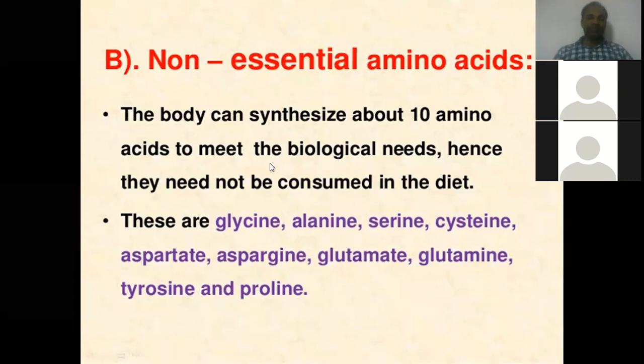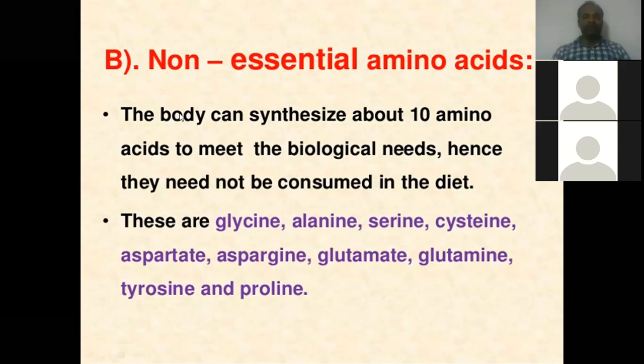यानी ये जो amino acids होंगे, these amino acids can be synthesized in our body. वैसे तो उनकी कोई जरूरत होती नहीं, it need not be consumed in the diet, लेकिन अगर आ ही गए diet में तो ऐसा तो नहीं बोल सकते कि हमें नहीं चाहिए, वो हमारे body में consume किए जाएंगे. But अगर किसी diet से या food material, vegetable से ये नहीं भी मिले तो ये हमारे body में already synthesize हो पाएंगे. So the non-essential amino acids, the body can synthesize about 10 amino acids to meet the biological needs,